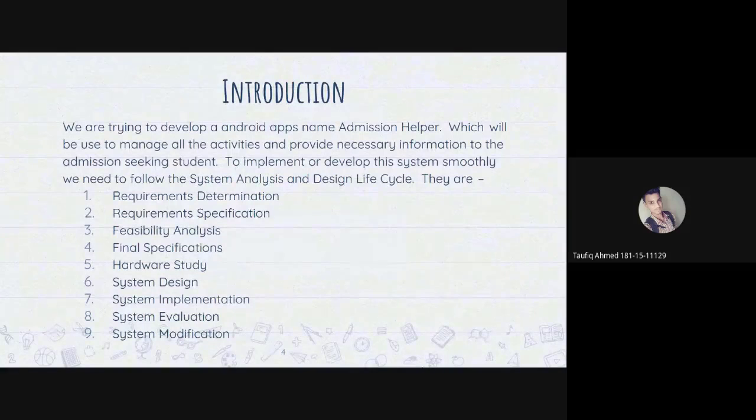So before going to the working procedure, let's talk about the quick introduction of our system. Our system will basically work as a middleware between admission-seeking students and universities. Our system will provide necessary information about the university admission test. And to develop this system from scratch, we have to follow some strict procedures